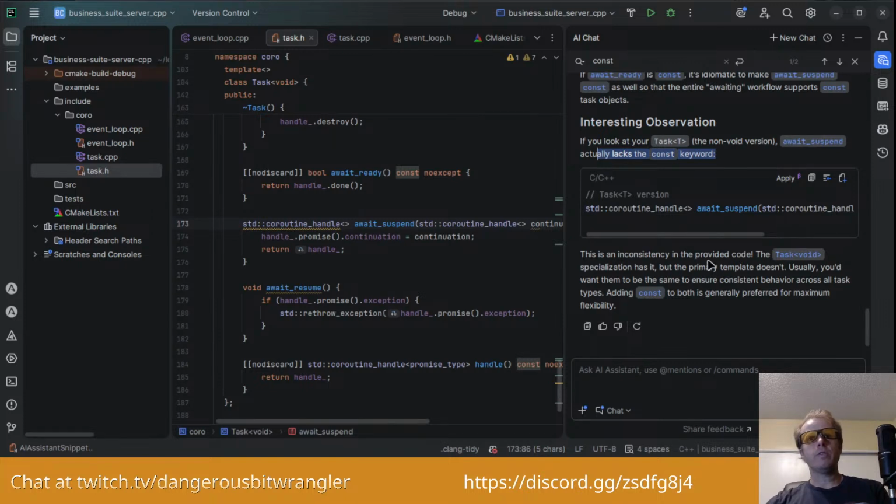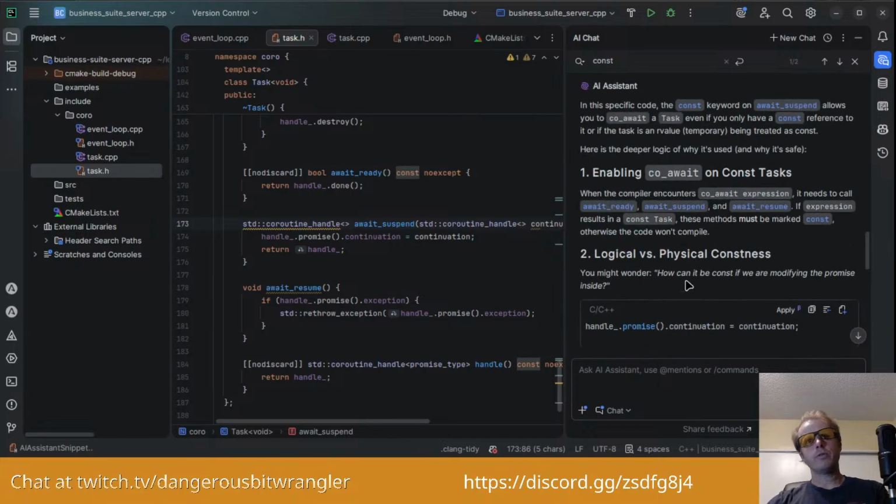This is an inconsistency in the provided code. The specialization of task void has it, but the primary template doesn't. Usually you'd want them to be the same to ensure consistent behavior across all task types. Adding the const to both is generally preferred for maximum flexibility.